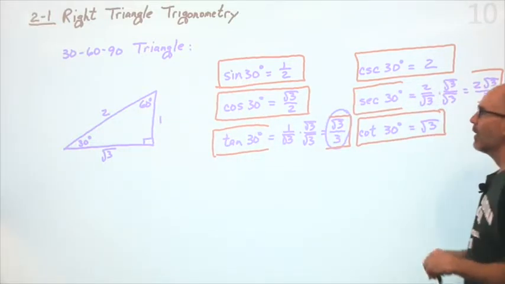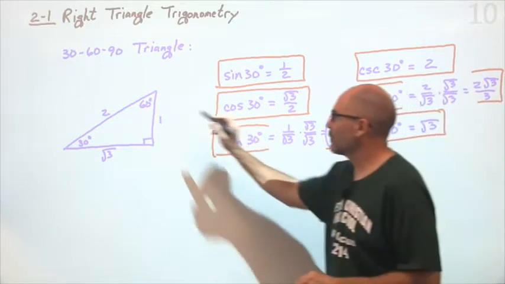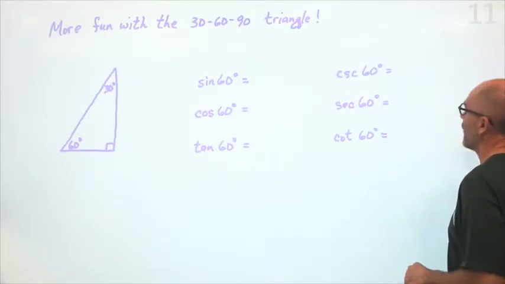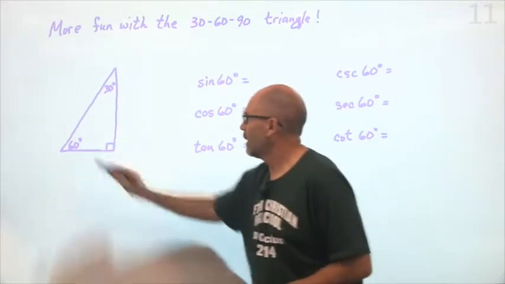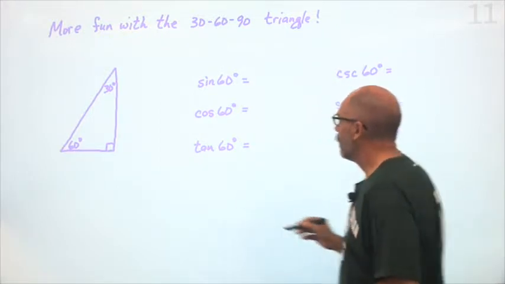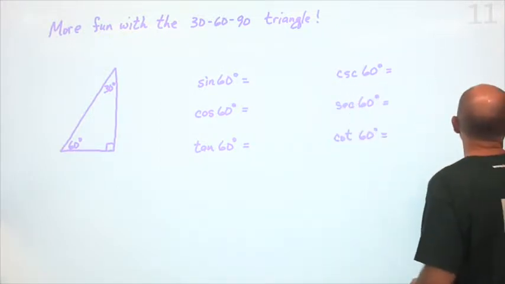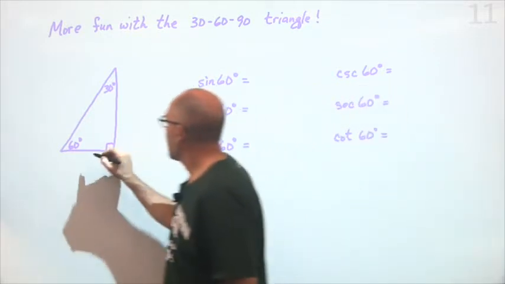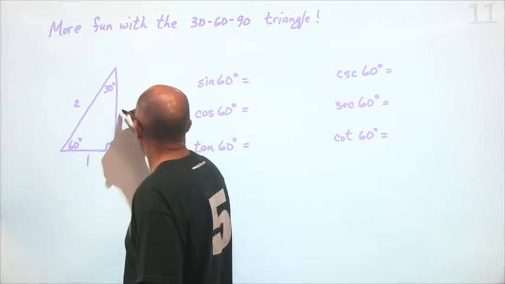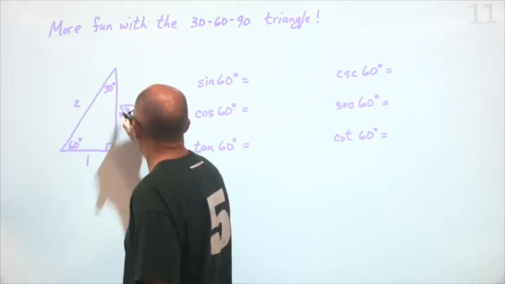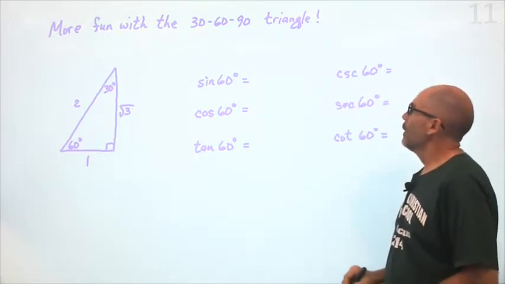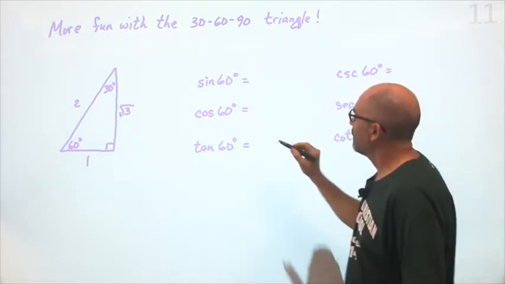Okay, now, what if we take our 30, 60, 90 right triangle and put the 60-degree angle on the lower left side? Now, what are our ratios? Well, remember, the short side is 1, the hypotenuse is 2, and the long leg is square root of 3. So now, the sine of 60